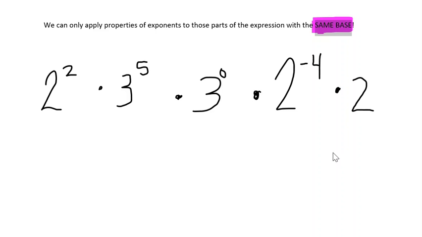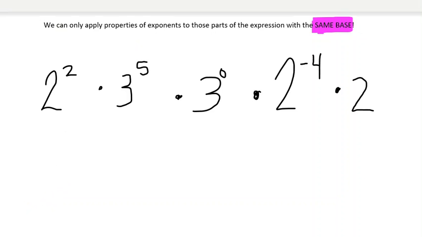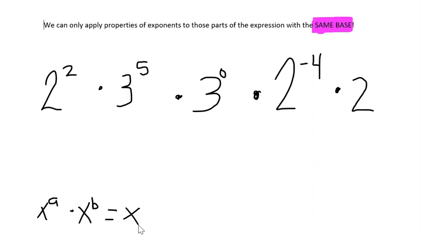That would not be applying the properties of exponents correctly, because we learned that the properties are, for the product property, we know that x to the a power times x to the b power is equal to x to the a plus b power. What that shows us, x is in common, meaning they have to have the same base. So I can only apply the properties when I have the same base, and then I keep the base and